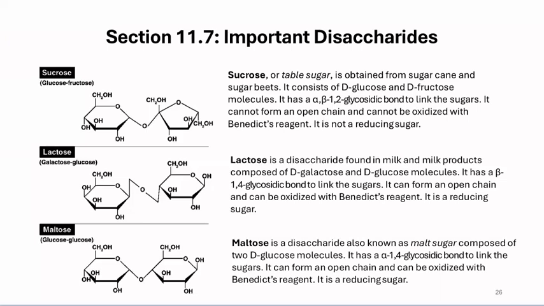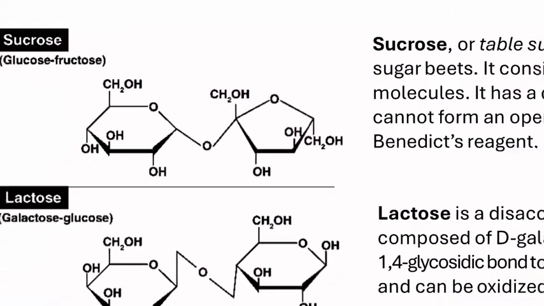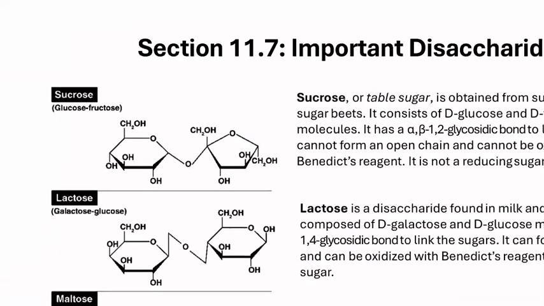I should say the OH group at the anomeric position of fructose binds to the anomeric carbon on glucose. Let me illustrate it. So the glycosidic bond, let me highlight it. This glycosidic bond, which is right here,